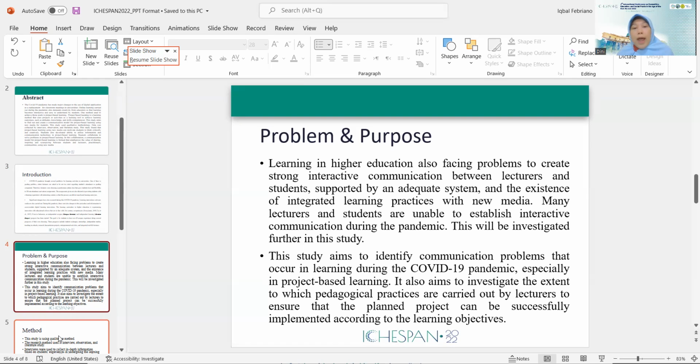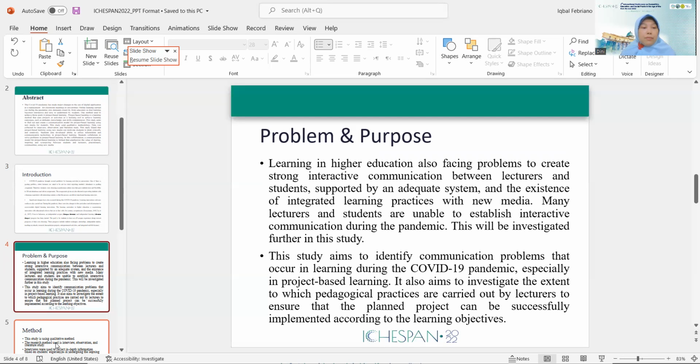This study aims to identify communication problems that occur in learning during the COVID-19 pandemic, especially in project-based learning. It also aims to investigate the extent to which pedagogical practices are carried out by lecturers to ensure that the planned project can be successfully implemented according to the